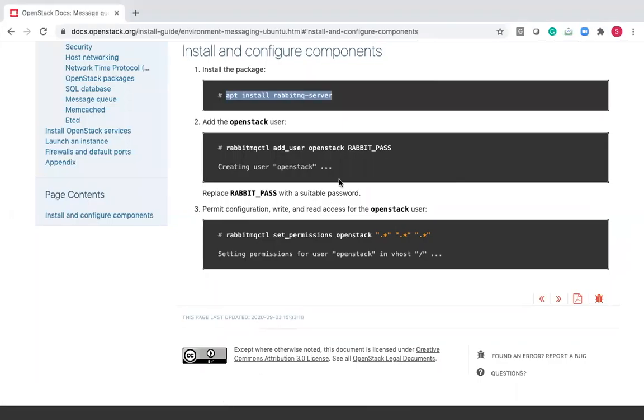After this is installed, we need to create a user called OpenStack, and for that user, we are setting some password. Okay, and after that, we are trying to set the privileges. Okay, read, write, execute access, both the access. So once that is done, I want to set my own password. So that's the reason.